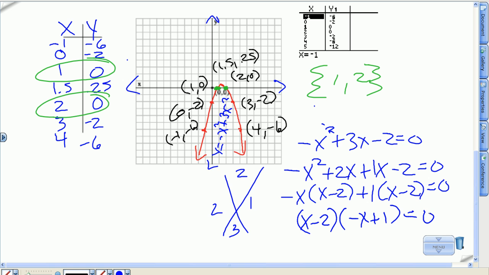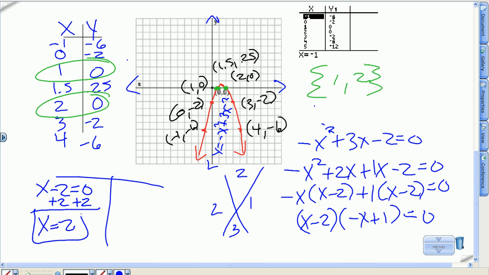That's equal to 0. When I make my t-chart, I have x minus 2 is 0. Add 2. X is 2. And I have -x plus 1 is equal to 0. Subtract 1. I get -x is equal to -1. I'm going to multiply both sides by -1 to change the sign. X equals 1. So once again, we have an algebraic solution, which is done in blue down here at the